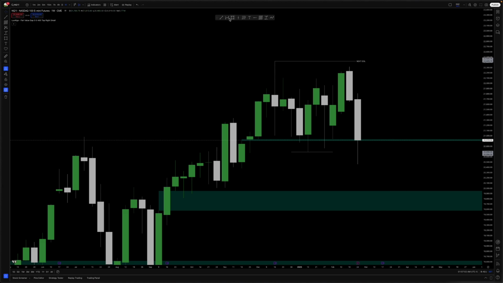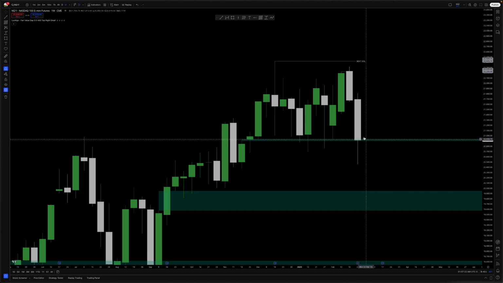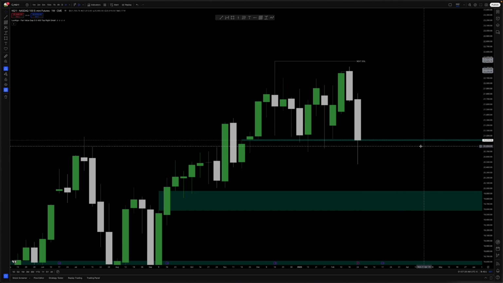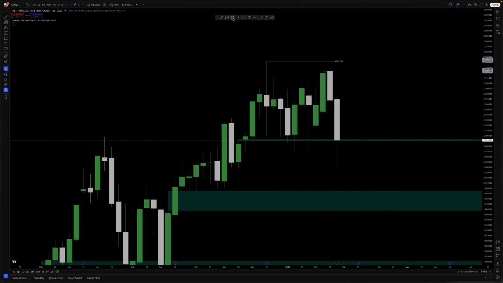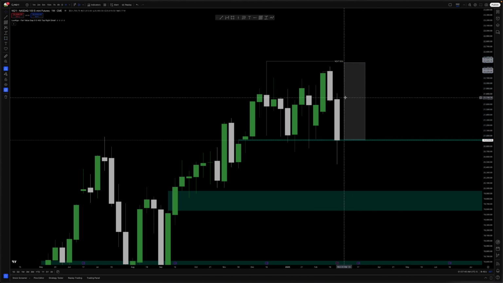right? And the reason we went lower is after we grab this liquidity, we want to go down, grab this liquidity, all these lows, and went above. And you can see this is a rejection candle. I'm going to make a video on rejection candles and respect candles over time, but for now, this is all we need to know. So the nearest drawn liquidity, where is it going to be? Next candle, we're expecting the candle to be formed here in this area. Why? Because it just rejected off of this after grabbing liquidity.